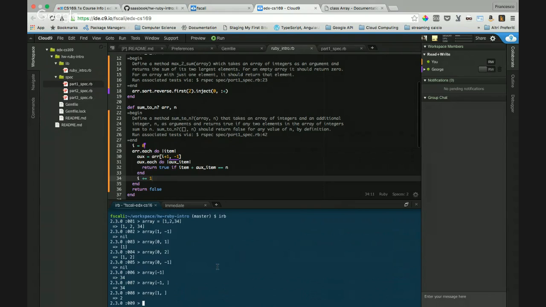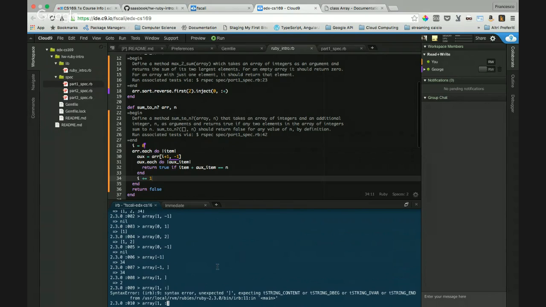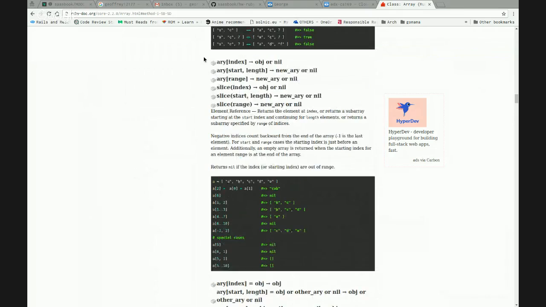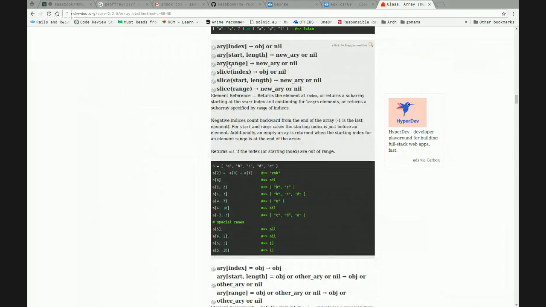Let me check how this slice operator works. Can you see my screen? Yes. So I'm on the definition of this slice operator, and it has a couple of uses. If you give it an index, you just get the element at that index, and you can give start and length.